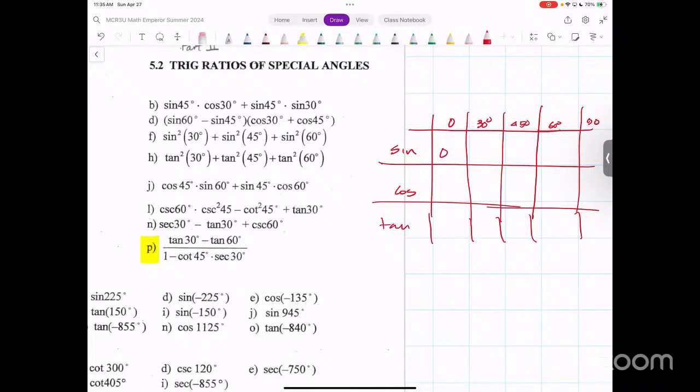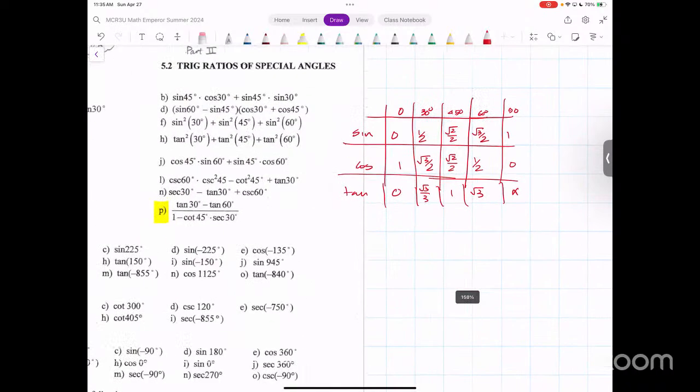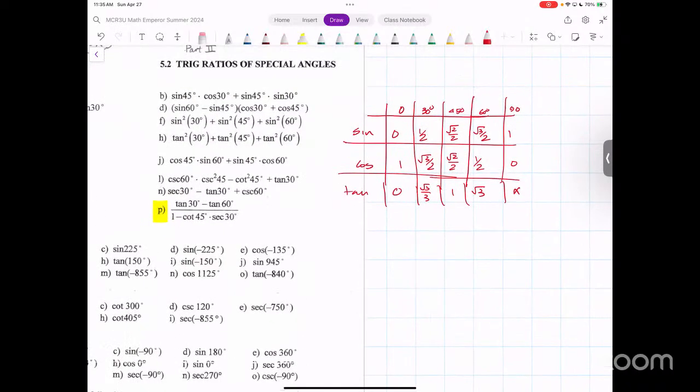Sine of 0 is 0, 1/2, root 2 over 2, root 3 over 2, and that is going to be 1. We reverse it for cos: 1, root 3 over 2, root 2 over 2, 1/2, 0. Tan is 0, root 3 over 3, 1, root 3, undefined. So I can help you with the chart, but you're expected to know the chart. So using the chart,